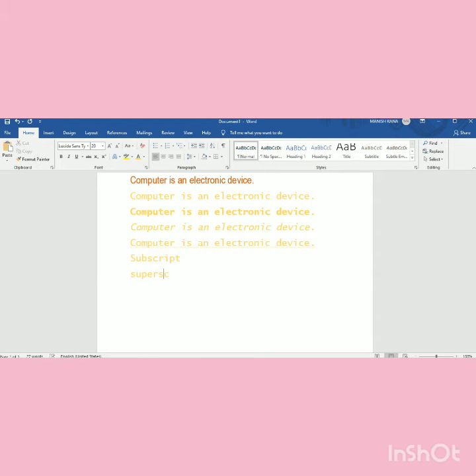Now we will know about the superscript and the subscript. Subscript is the option using which you can display the selected text slightly below the normal text, and superscript is the option using which you can display the selected text above the normal text.